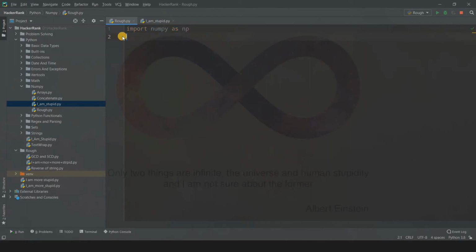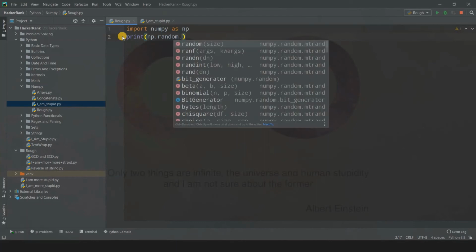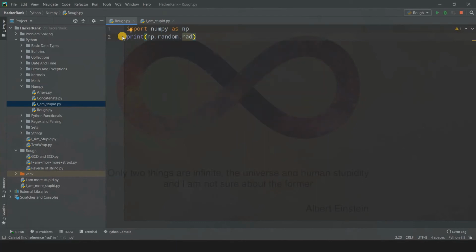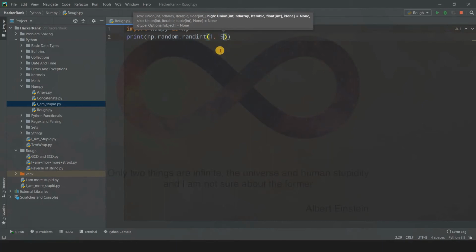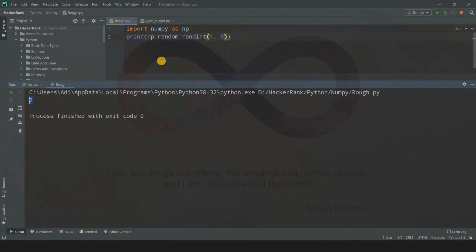So let us do one thing. We'll have to specify the range obviously. So let us print out np dot random dot randint. And remember, I forgot to tell you, obviously the name is randint, so it basically says that it is going to be an integer array, because integers, randint. So randint, and now you have to specify the range, low to high. So suppose let us start from, let us say 1, let us go up to 5, and remember over here 1 will be included but 5 will be excluded. And now if you run this code, it will give us just one element, that is between 1 to 5, because we didn't specify the size.